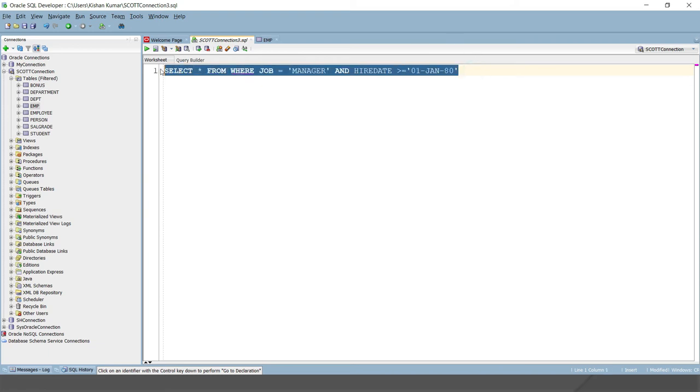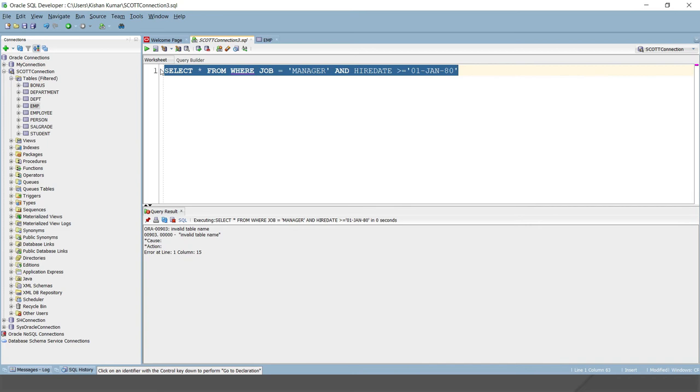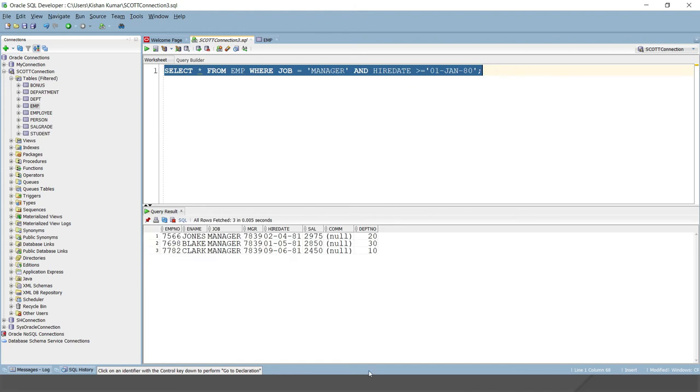Here we have specified. If I run this query, it says there's some problem, invalid table name. Yes, the table name we have missed: employee. Now if I run this query, you'll get all the employee details whose designation is manager and whose joining date is on or after 1st January 1980.